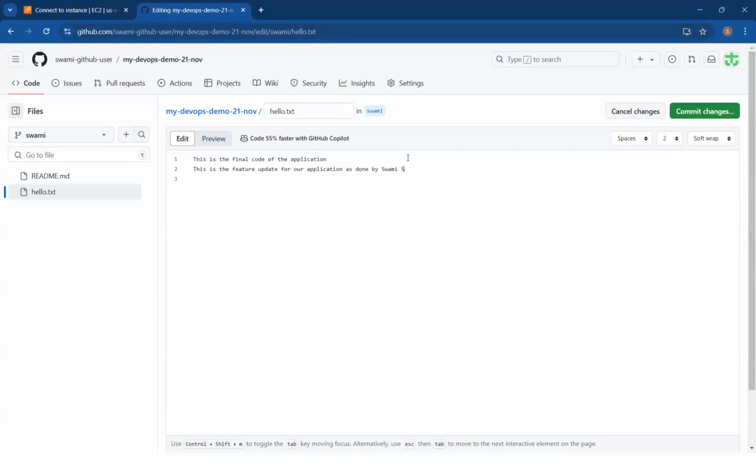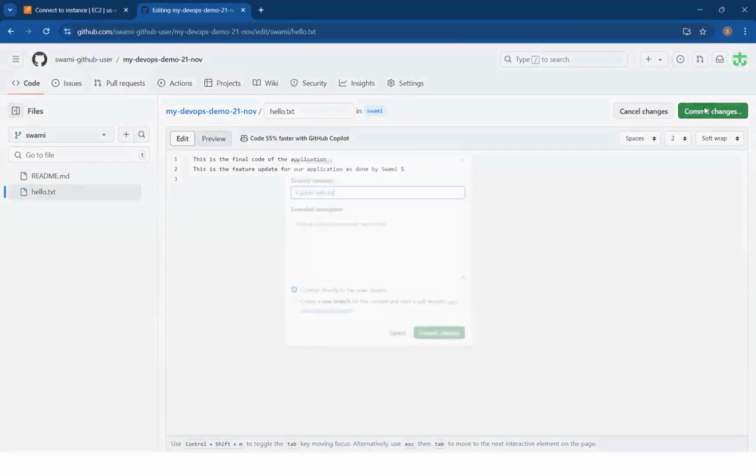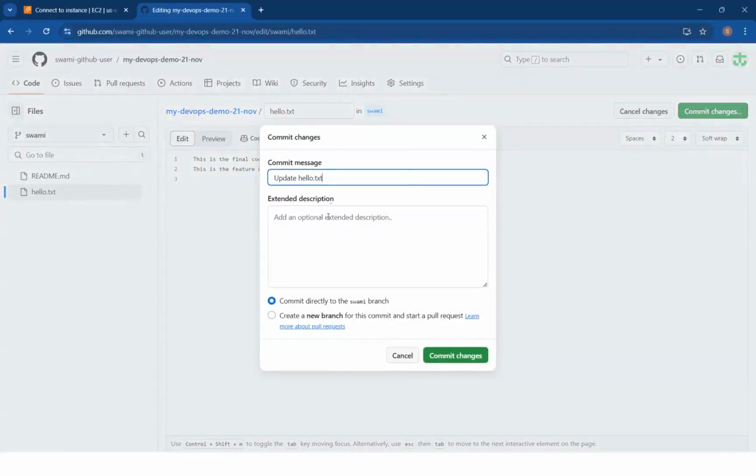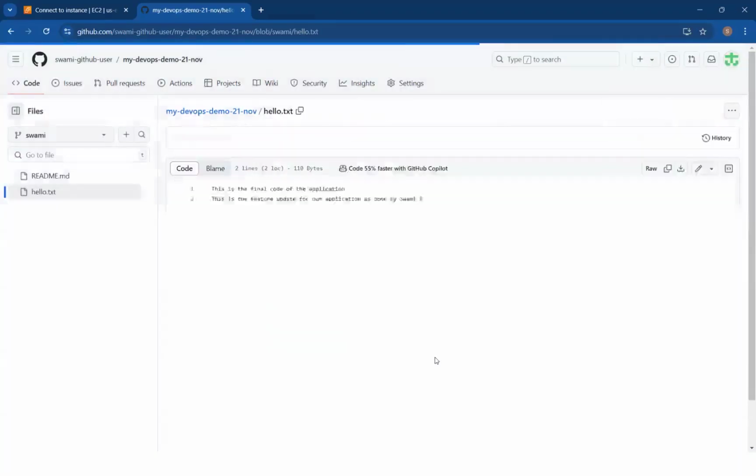Just understand that we are modifying the files in the production environment. After doing this, I'm going to commit the changes. Yes, I'm about to update my hello.txt file. Yes, I'm very sure. You can see the code has been updated.